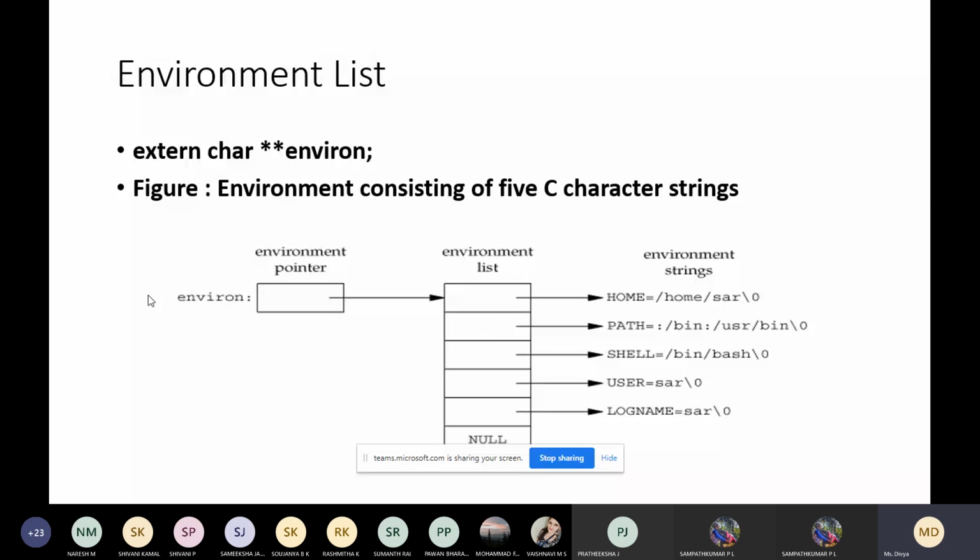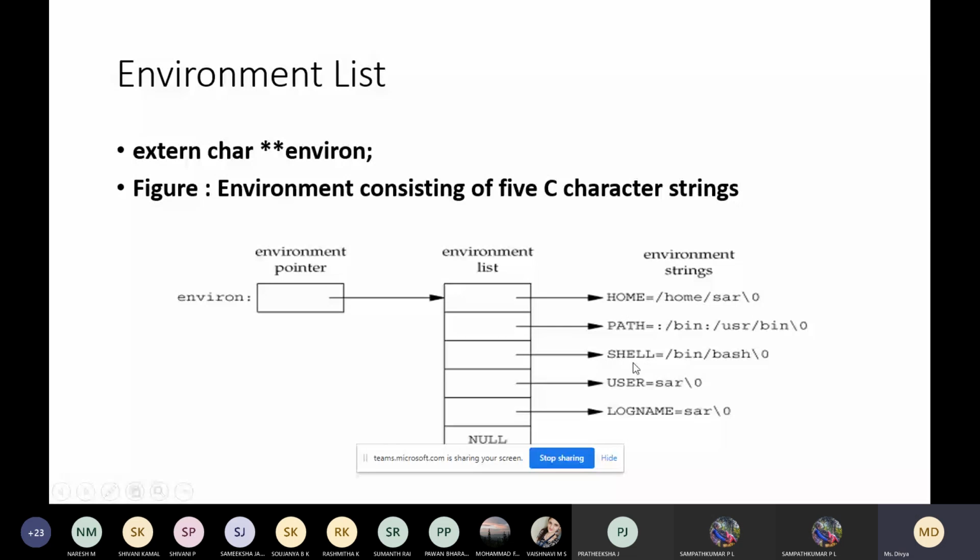You can see here that all of these in the environment list are pointers, indicated by an arrow mark, and they all contain the address of a null terminated C string. They have the environment string names, such as home, path, shell.